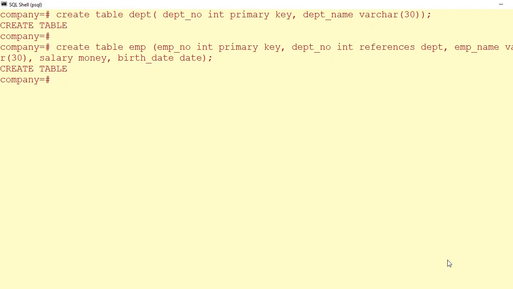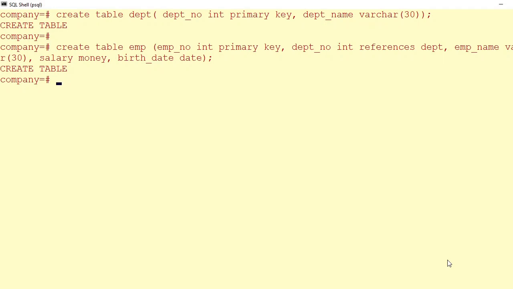Now the next table we have created is the employee table, where employee number is a primary key and department number is a foreign key. The second field is the foreign key, which is department number, data type integer, and the keyword references, and it is referencing the table department. So here in the second field, the foreign key is implemented.